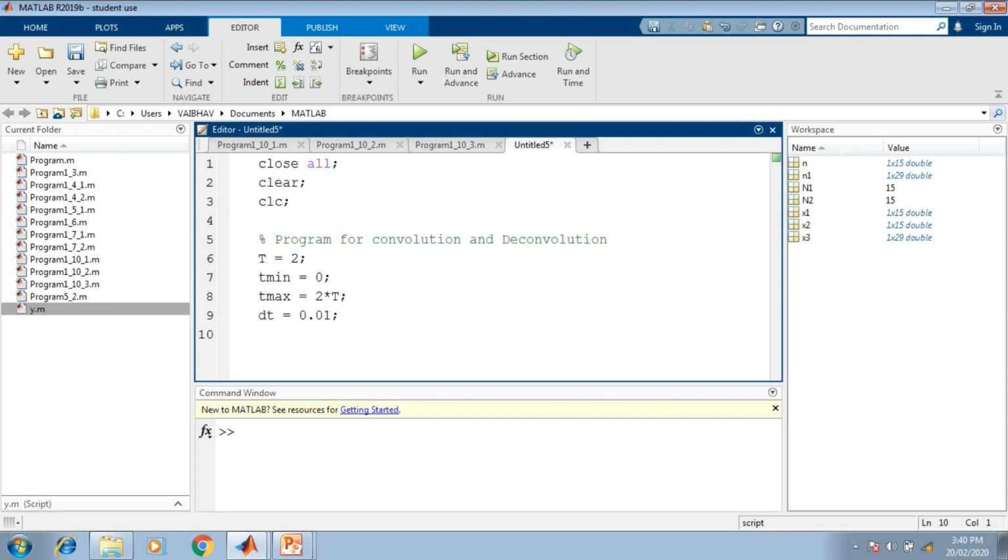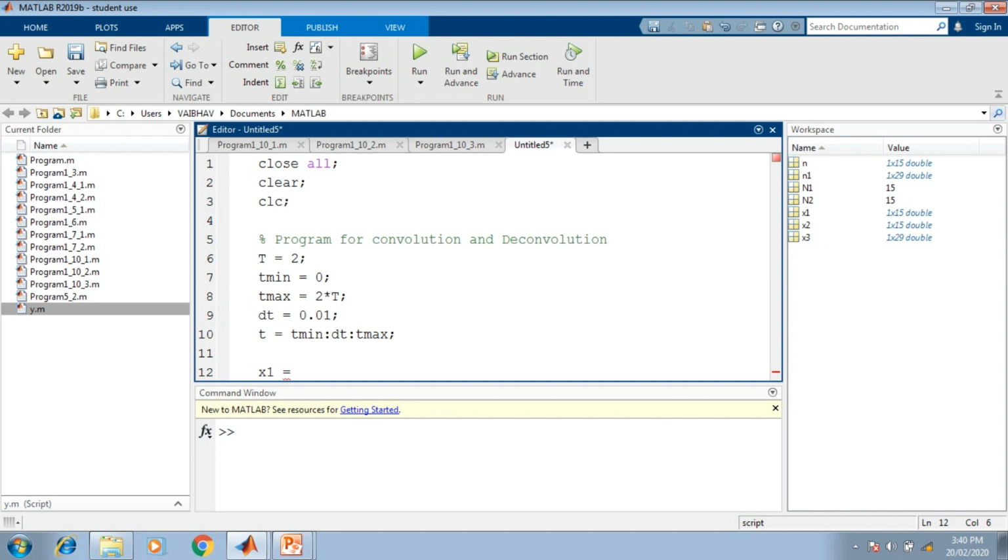Then we can set the timer as small t equal to t minimum with the intervals dt up to t maximum here. So after setting the time parameter, we can go for the generation of the given signals as in the program statement. The first signal x1 of t, we can generate with the variable simply x1 here.